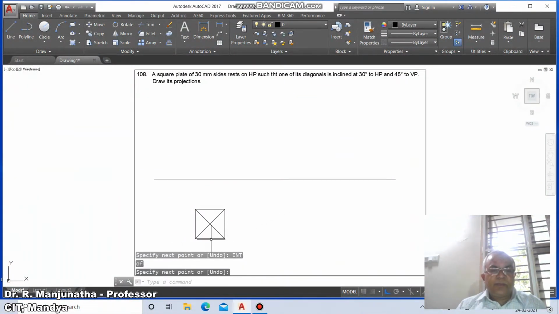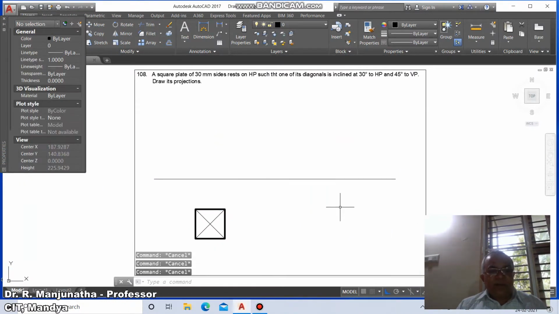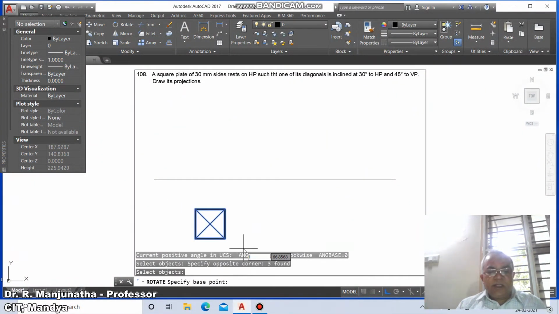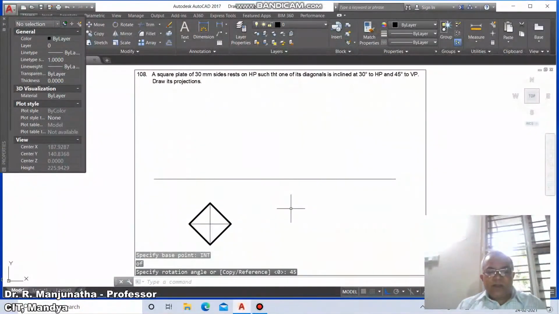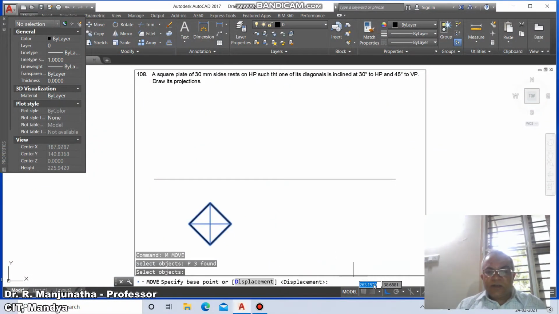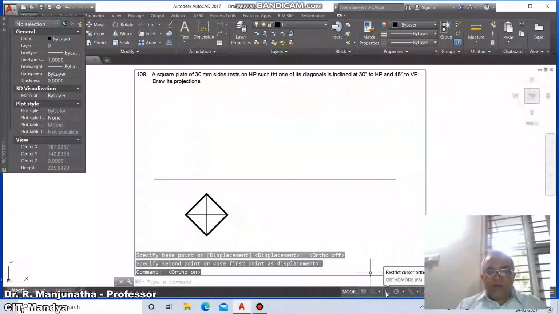Then select this, go to CH and go to layer and take this as views and click on line weight display. Then go to rotate, select this entire thing by window, take intersection point of this, take the specified base point, you take intersection point of this, and then the rotation angle as 45 degrees. Then go to move, previous, switch off this and take wherever you want, and then go to line,